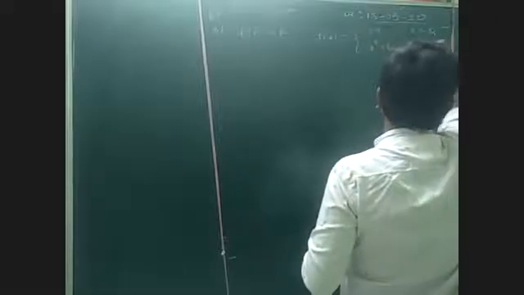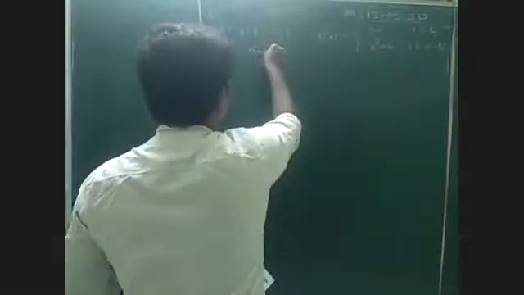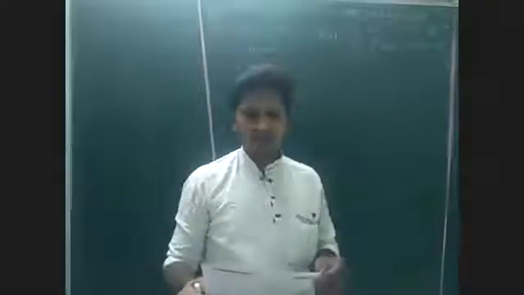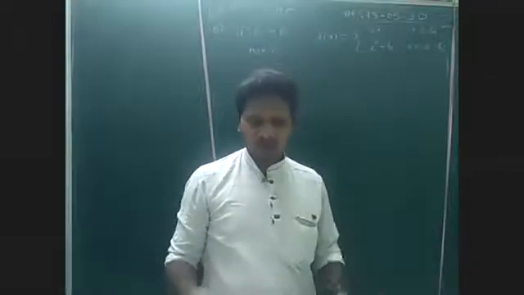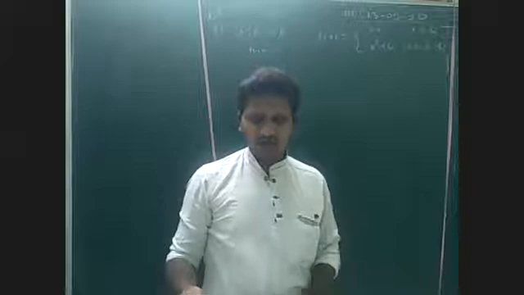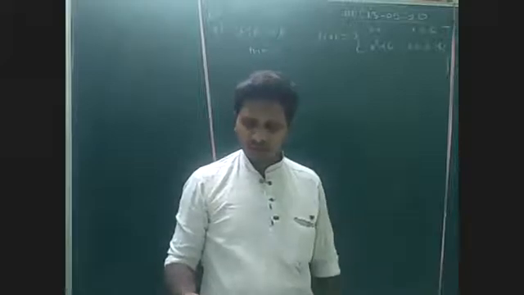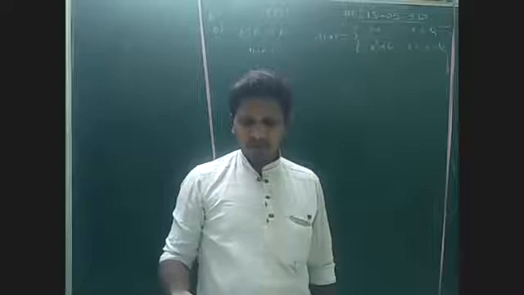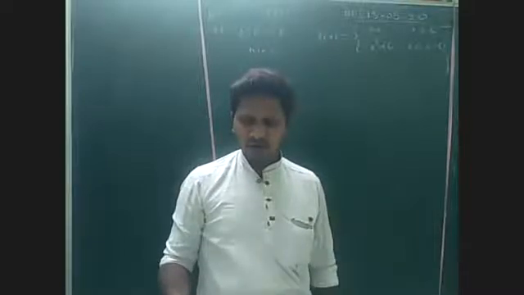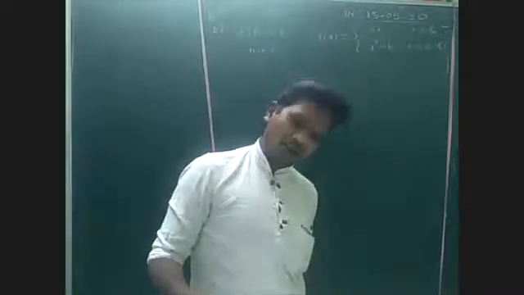Here x belongs to rational numbers, and here x belongs to irrational numbers, or R minus Q. Then we need to check whether f is continuous at x equals 2 and x equals 3. f of x is continuous at 3 but not at 2. Okay, let's see. This type of question is very easy.